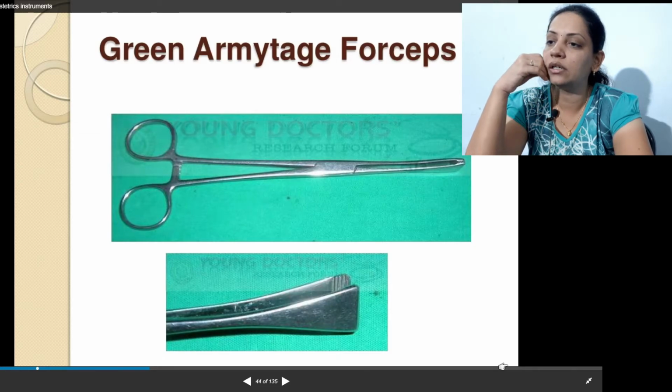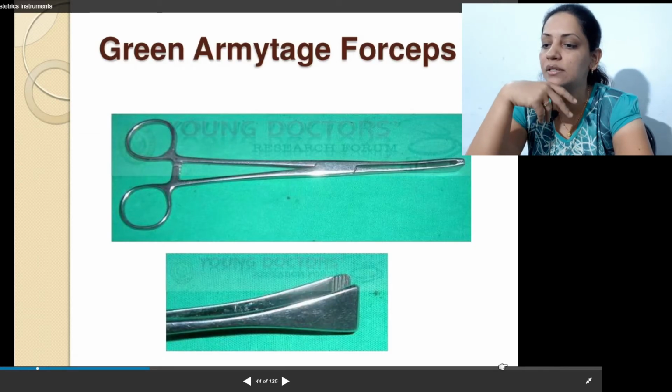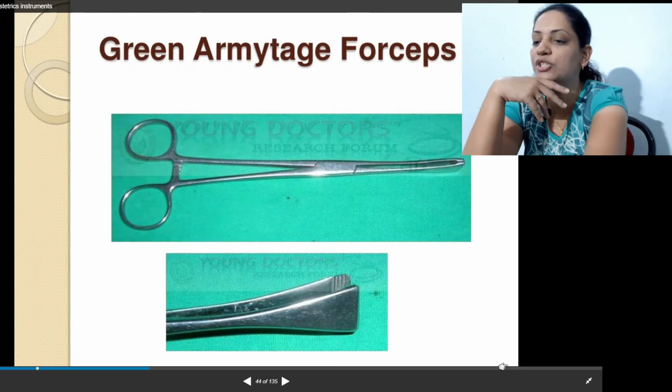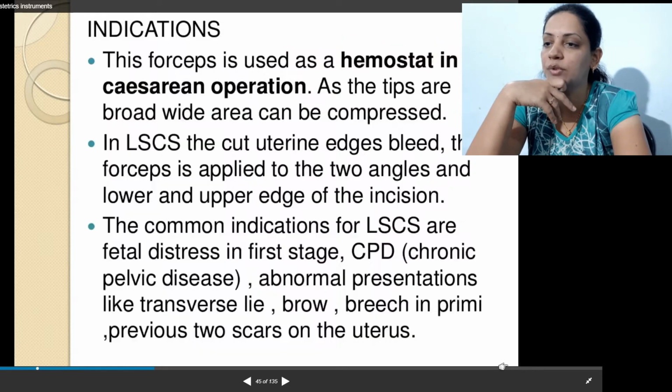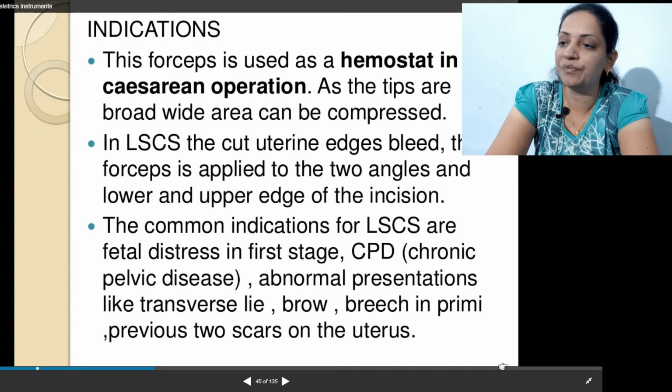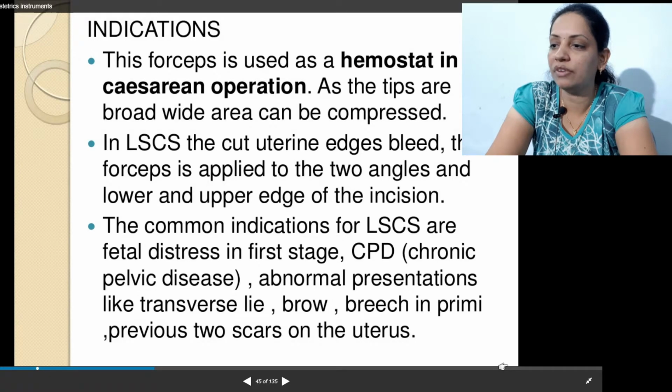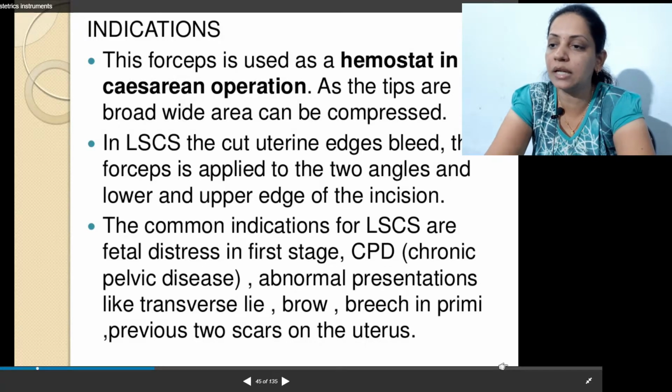This is the Green Armytage forceps. This is a special type of forceps which has a different opening or end. This is used as a hemostat in cesarean, as the tips are broad, wide area, so that the area which we clamp with this can be compressed. In LSCS, the cut uterine edges bleed.